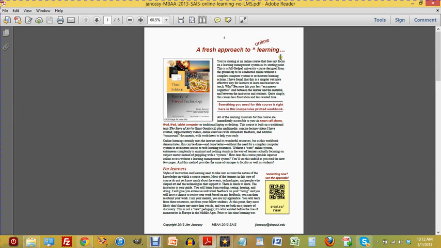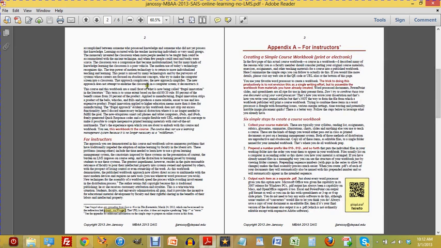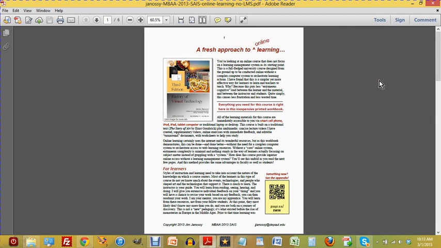This fresh approach to online learning is really a little bit of explanation of how and why I choose to package all my original materials and all the web links for resources supporting the course in print published form, using this rather modern device of a QR code to allow students to access these materials with mobile devices as well as computers.